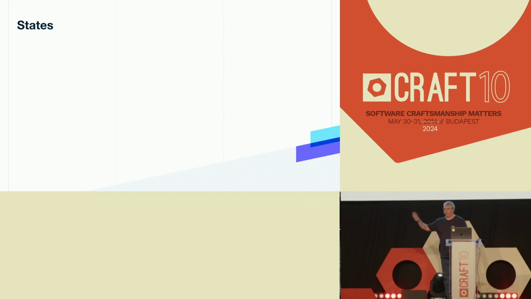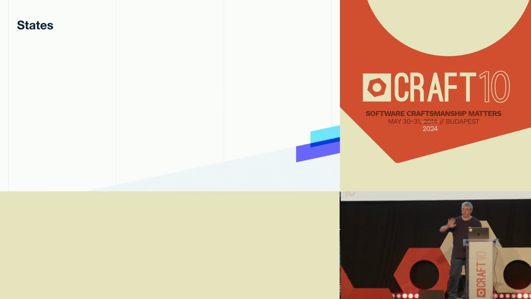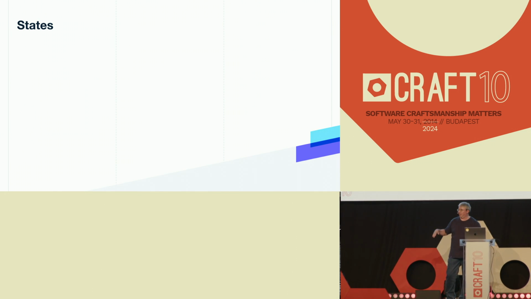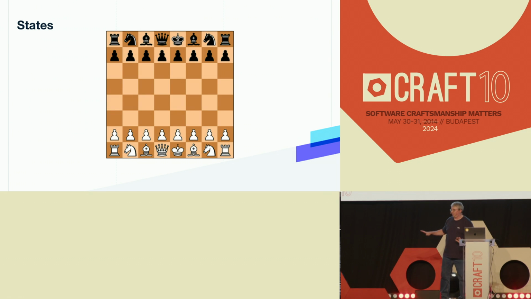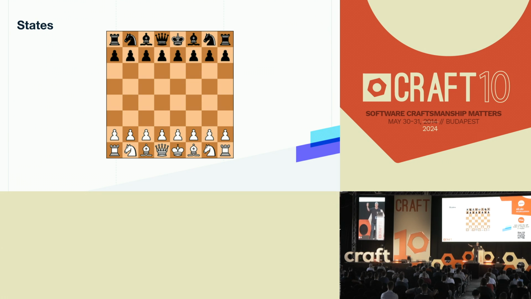All right, so before we do that, we're going to have to start and just do some quick definitions. So the first thing we're going to talk about are states in a system. And my favorite analogy for this is to think about a game of chess. You don't have to know how to play chess to follow along. So don't worry, I'm not going to ask you to checkmate anybody during the course of the talk.